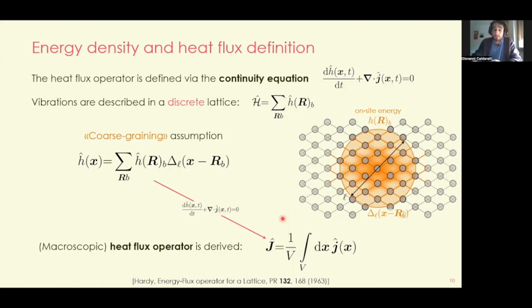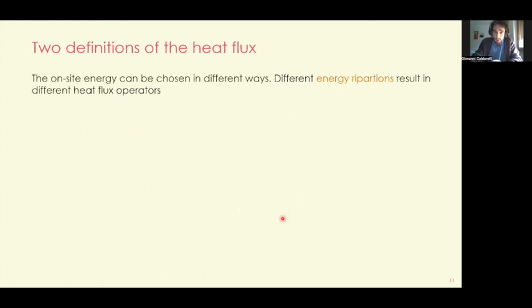And so this is a procedure in which the heat flux operator can be derived from a given definition of the on-site energy. And in particular, I said that the on-site energy can be chosen in different ways, and different energy partitions will result in different definitions of the heat flux. In particular, we studied two of those definitions. The first was the one that we refer to as the RT definition, which will result in the RT flux operator that follows directly from the